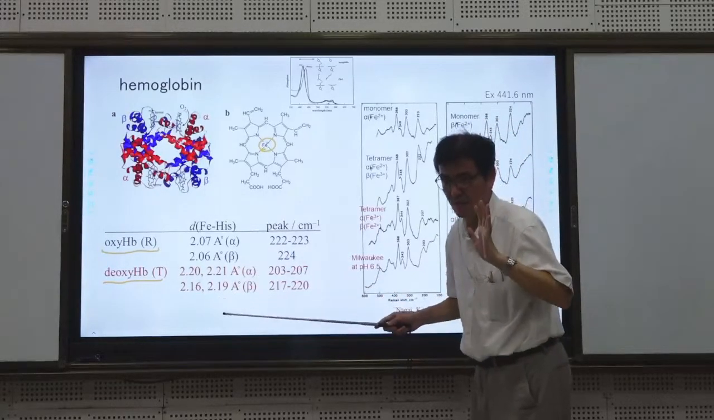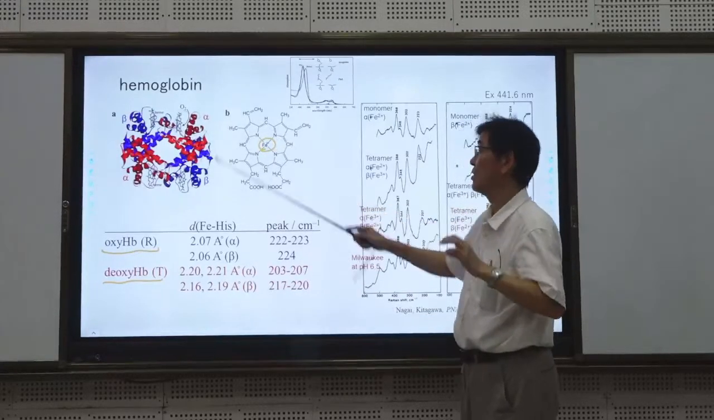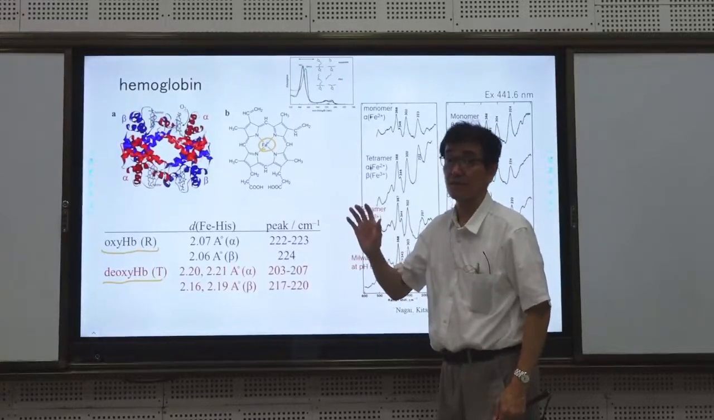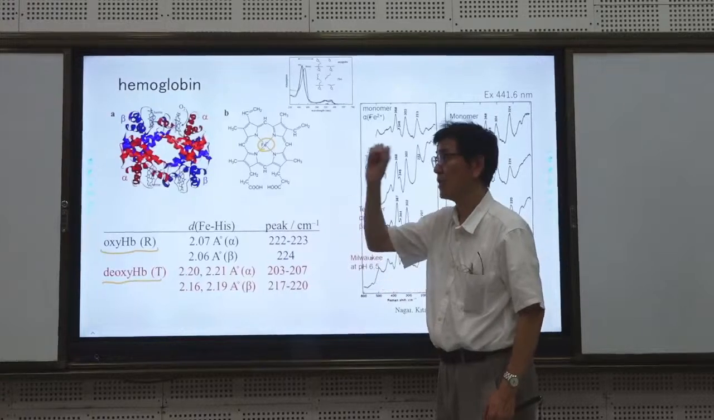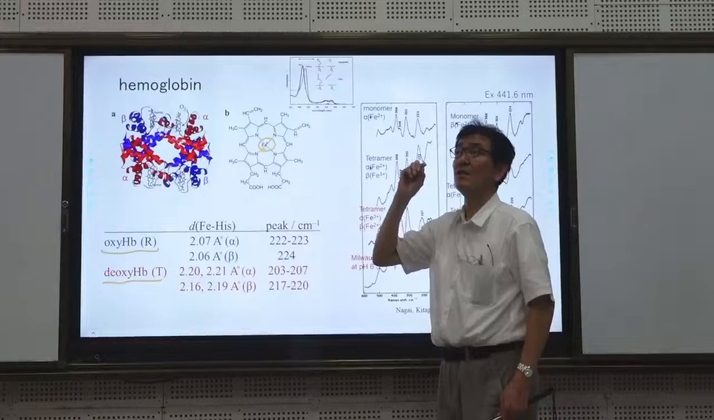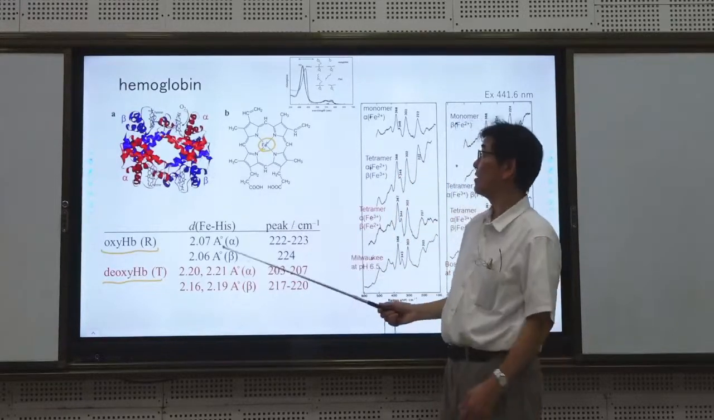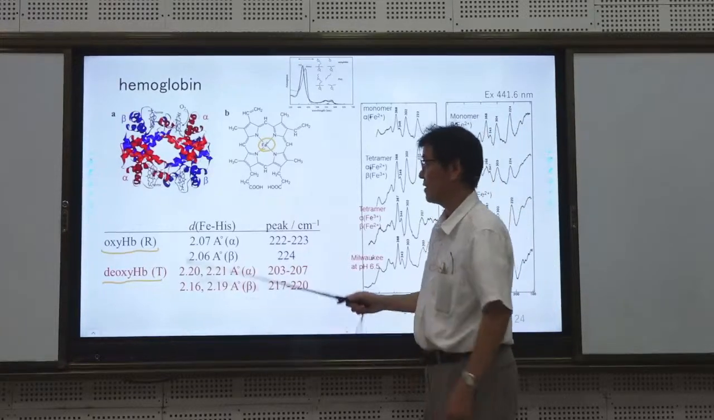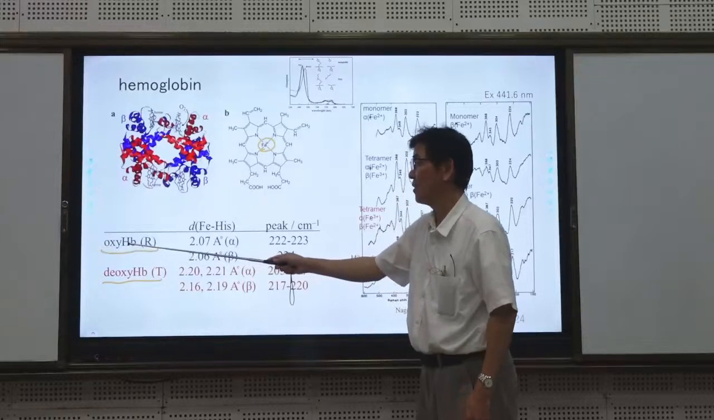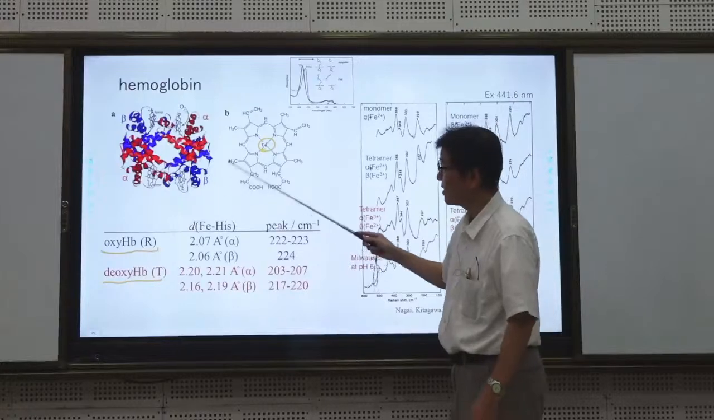X-ray crystallography is a powerful method to determine the X, Y, Z coordinates of each atom. So if they can prepare a crystal and apply X-ray crystallography, it's possible to determine the geometric structure of the protein. Then, based on X-ray crystallography, in the oxyhemoglobin reduced state, R state,